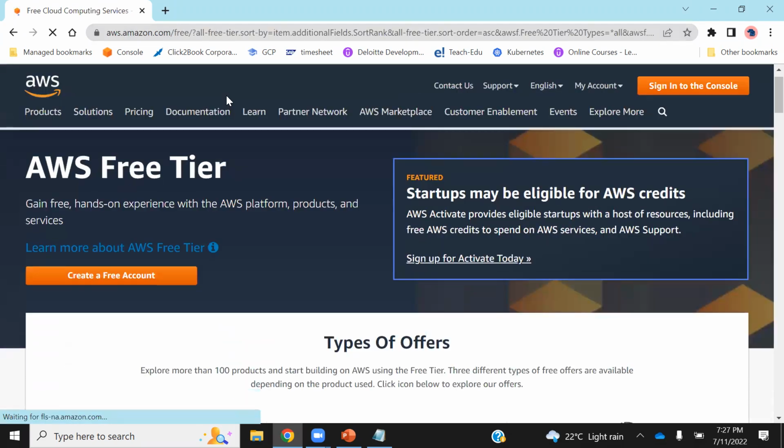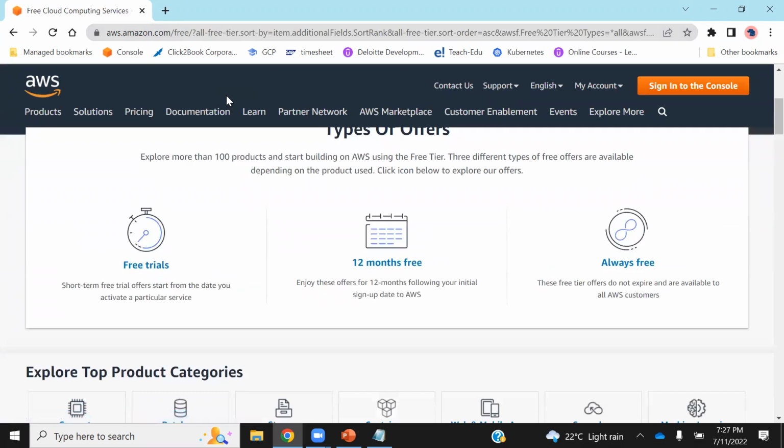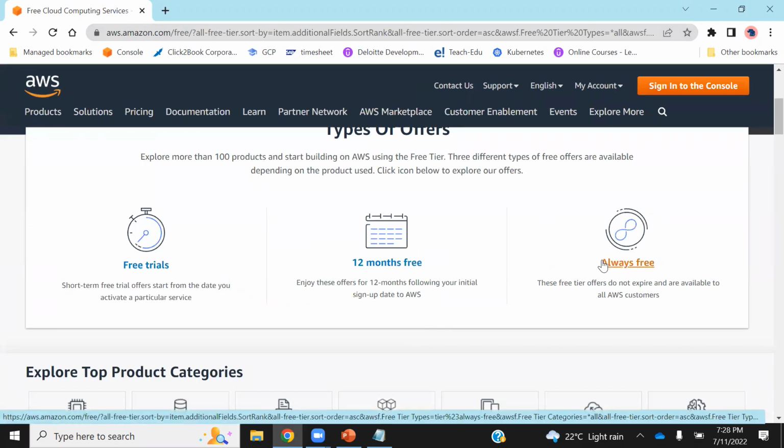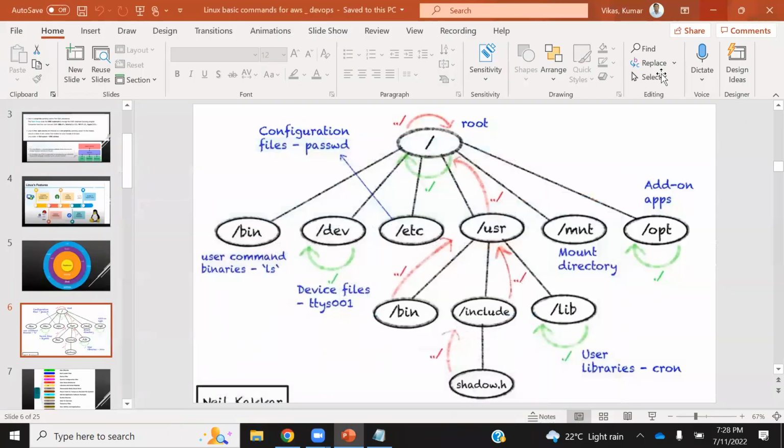When you create an account, there are 3 types of services which are given to you. One is free on a trial basis, something which is free for 12 months, and something which is always free. Obviously, there are paid services also. So you try to stay in the free tier only so that you don't end up spending unnecessary money. I will always tell you this is covered under free tier, this is not covered under free tier, but I will encourage you to practice. Even if there is some cost involved, it is good that you get your hands dirty and practice. If you have an account, you can directly come here and sign in. But in case you don't have one, I will do one small thing here.